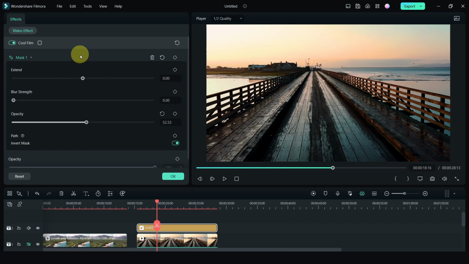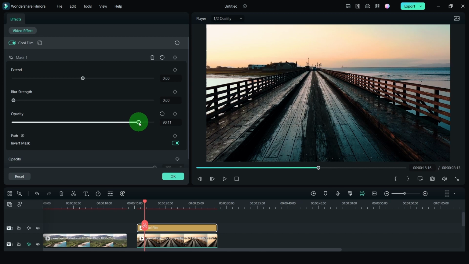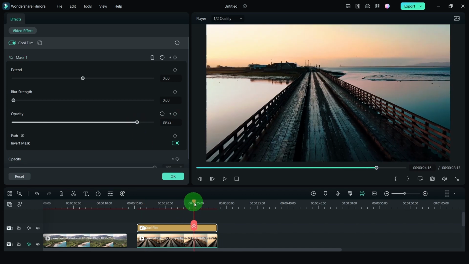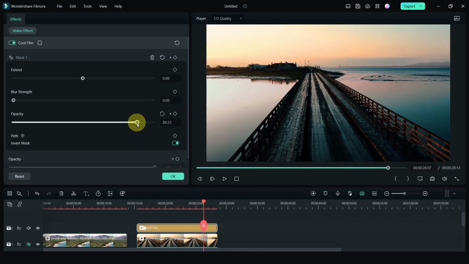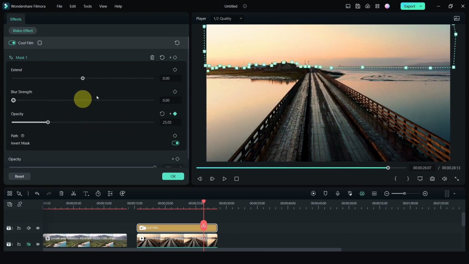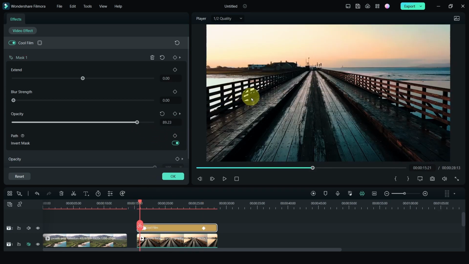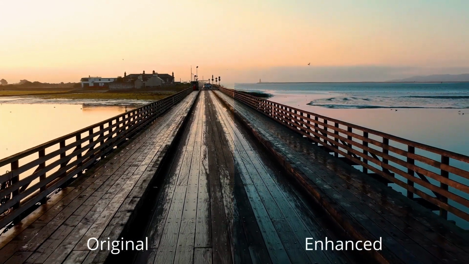And of course, with this mask as well, you can have keyframes, so you can adjust your blur strength and your opacity. Let's create a fake sunrise effect. I have a keyframe here, and I'm going to place my playhead further there and reduce the opacity, reducing the effect of this cool mask. Remember, this is inverted. This part has been darkened by the cool film effect, and as we play it,